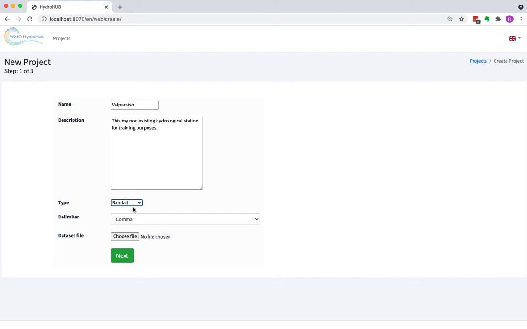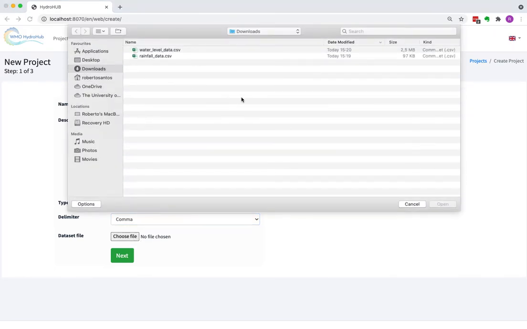Okay. Then we need to decide what is the format or what delimiter we are using in the file that we are going to be using to upload the training model. So we support the standard basic CSV files with data split by commas, semicolons, tabs, and spaces. I'm going to use the standard comma here. And then you choose the data file set. Okay. I have downloaded these files before,